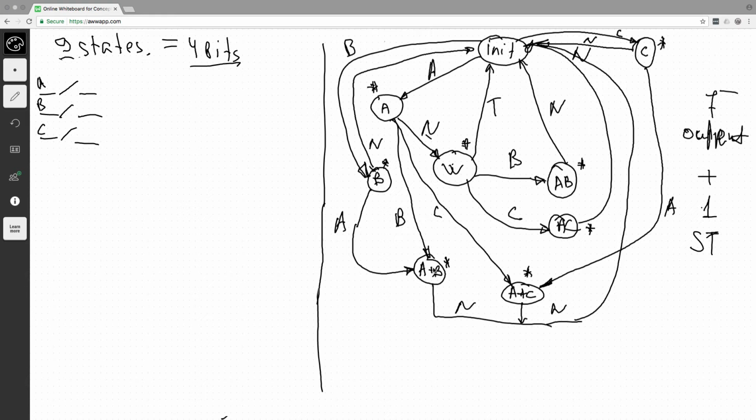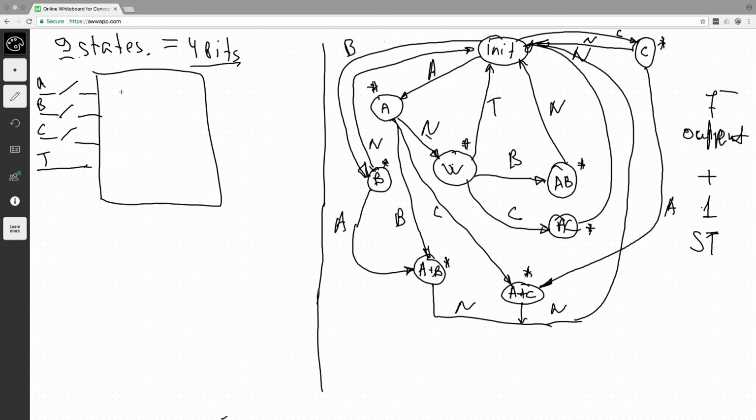So in other words, we don't want to consider input from A and B being pressed at the same time. We only consider A only, or B only, or C only, or nothing. And we also have the signal from the timer. This is that signal. So pretty much we do have 4 inputs